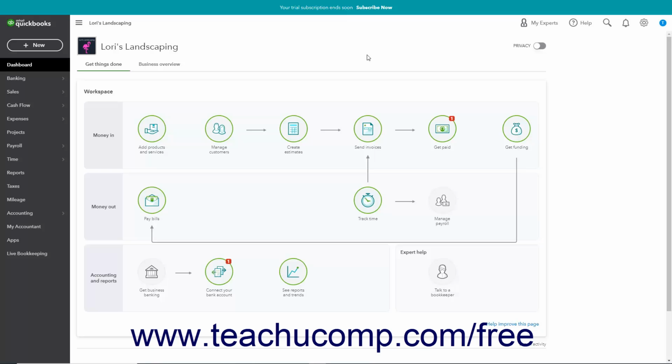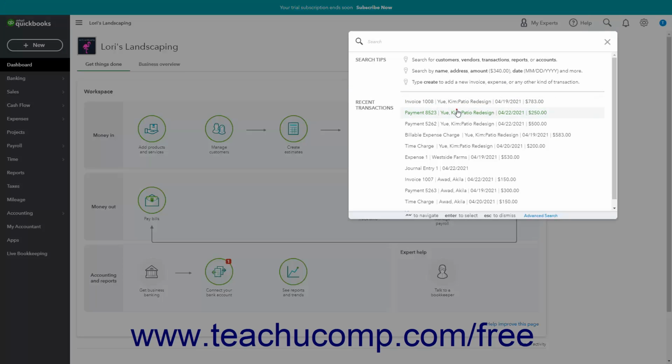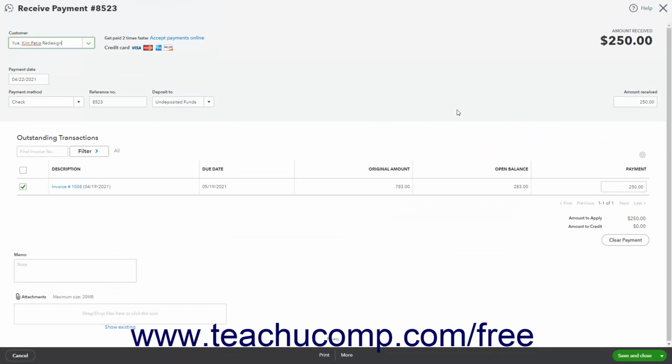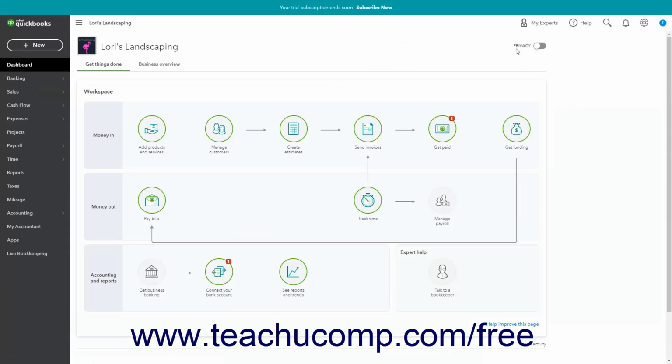www.teachucomp.com/free. When manually receiving a customer payment in QuickBooks Online using the Receive Payment window, you choose into which account to deposit the funds received by using the Deposit To dropdown. Often, the amounts are deposited into a Payment to Deposit or Undeposited Funds account. If needed to manually record a deposit of funds from this account into a bank account, like your company's checking